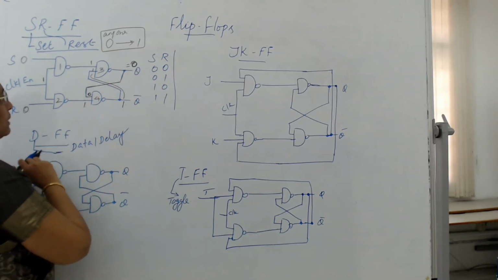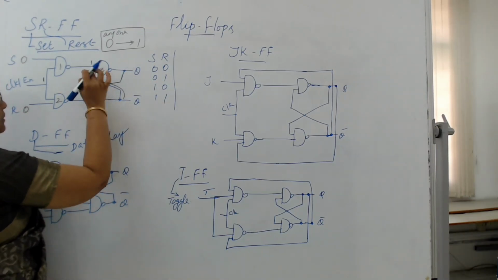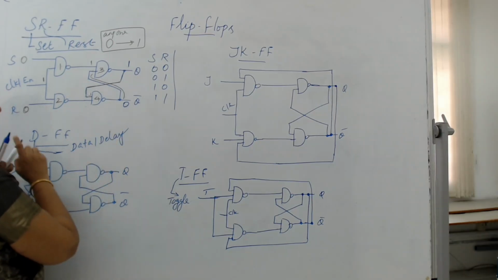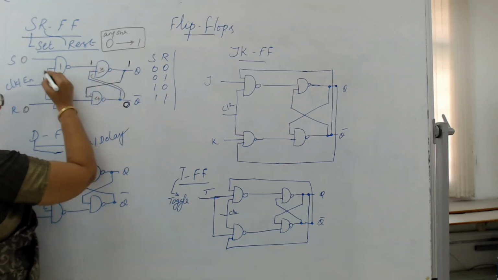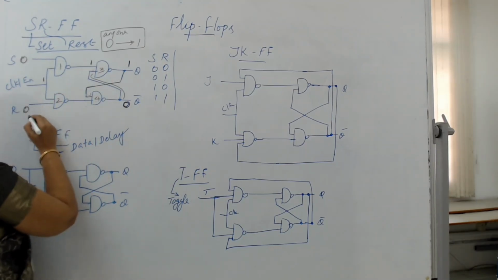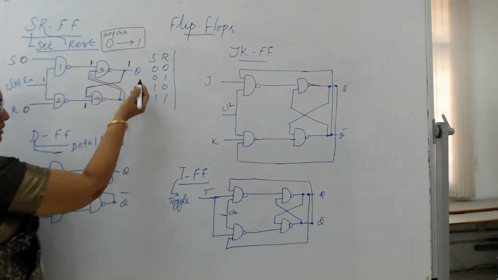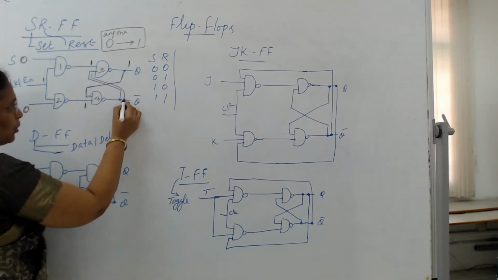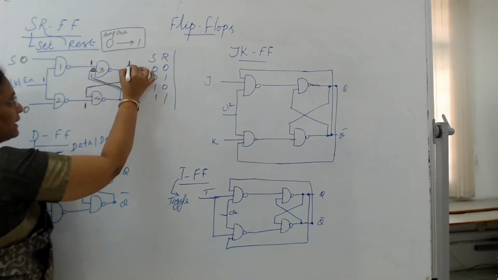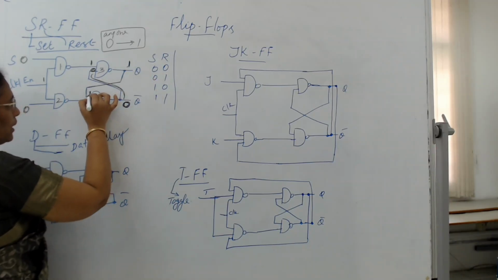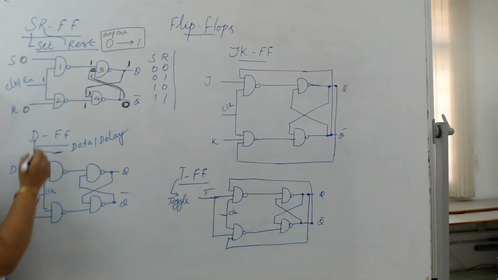Suppose you assume the previous value as 1 and 0 here. So we assume this is 0 and this is 1. Since S and R values are 0, 0, the outputs of gates 1 and 2 are 1, 1. It depends on the previous output. If it is 0, then this 0 will be given here. Because of this 0, the output will be maintained as 1. So this 1 will come here, 1, 1, the output will be maintained as 0 here. So this is the operation of the SR flip-flop for the input 0, 0.